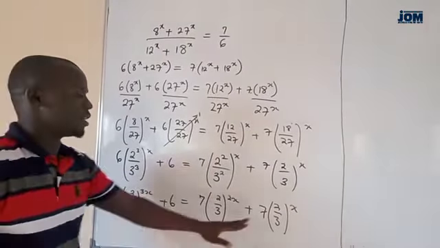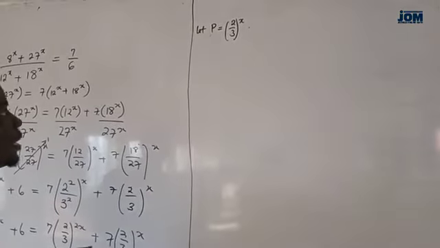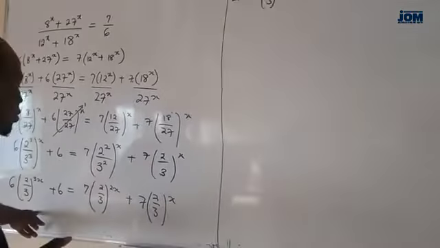So I would like to choose, let p be equal to (2/3)^x. Now we are going to substitute the value of p equal to (2/3)^x in this equation, and let us see how it will be. From the left hand side, 6 multiplied by (2/3)^(3x) is the same thing as p^3. Plus 6 equal to 7p^2